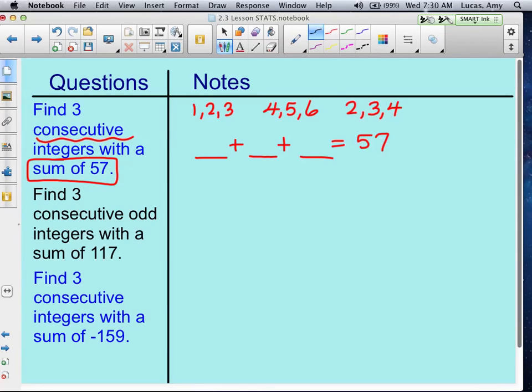So let's say that you thought 57 was kind of close to 60. And 60 is like 20 times 3. So that should get us in the ballpark. Something around 20. 57 is a little lower than 20 though. So maybe we would want to go with like 17, 18, 19. So 17, 18, 19, if you add those together,